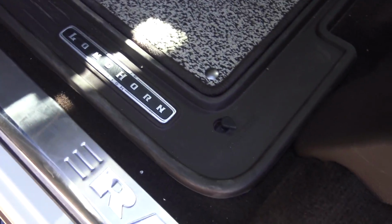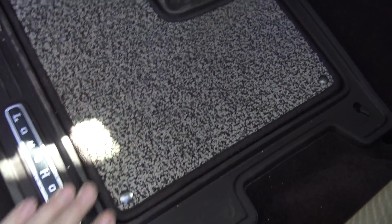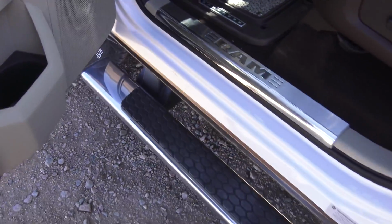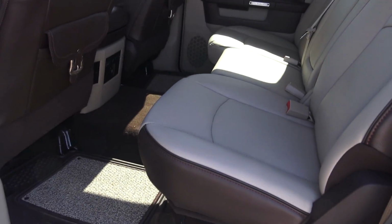A lot of room and very comfortable. These awesome floor mats in the Longhorn. I think the middle section, they have snaps come out of there, so you can get your mud in there. A lot of compartments, gigantic back seat. This has a little smaller fuel tank than I'd like to see, but